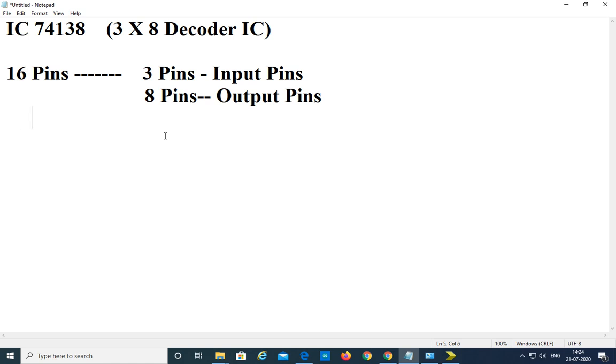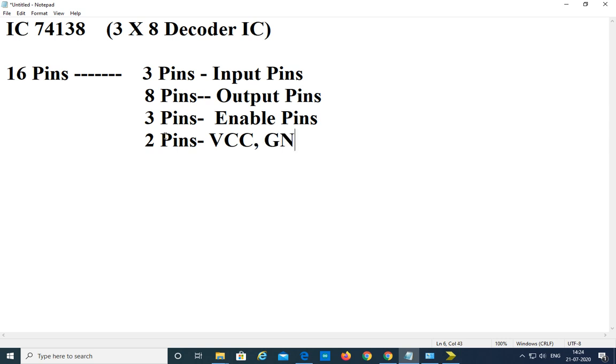And 3 pins are used for enable pins. And of the remaining 2 pins, one is VCC and another one is ground.